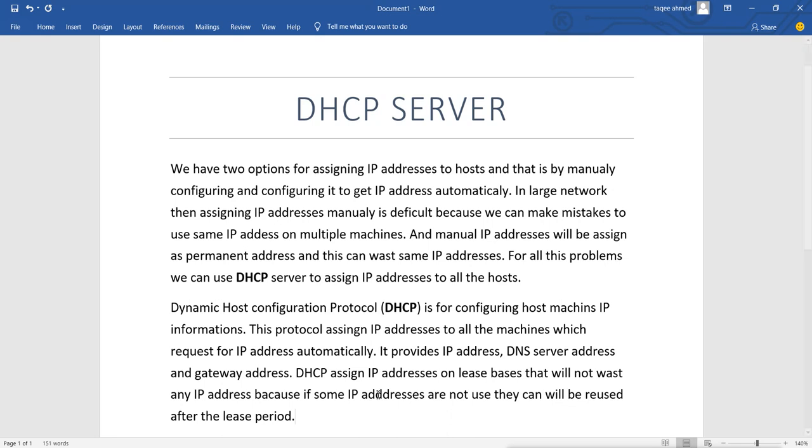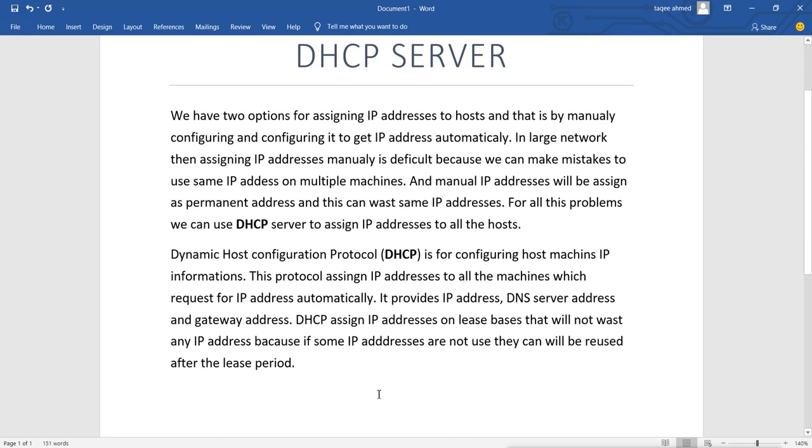And that is the benefit of using a DHCP server in our network for assigning IP address information.